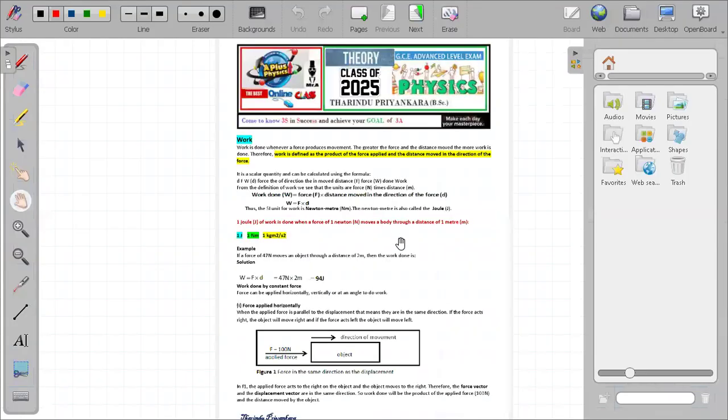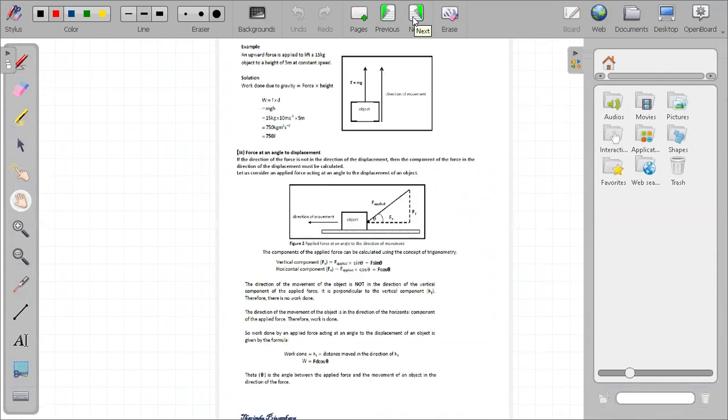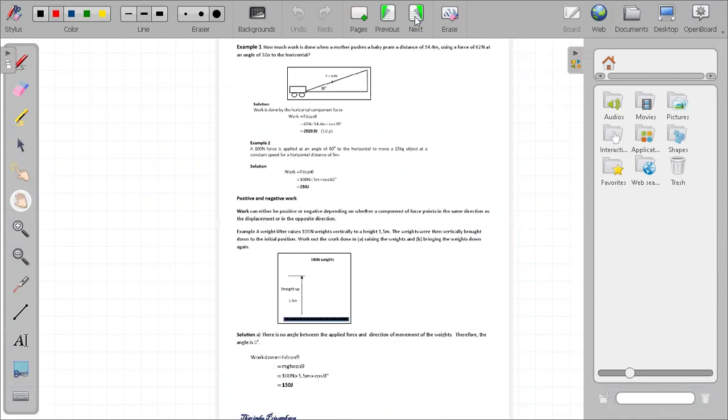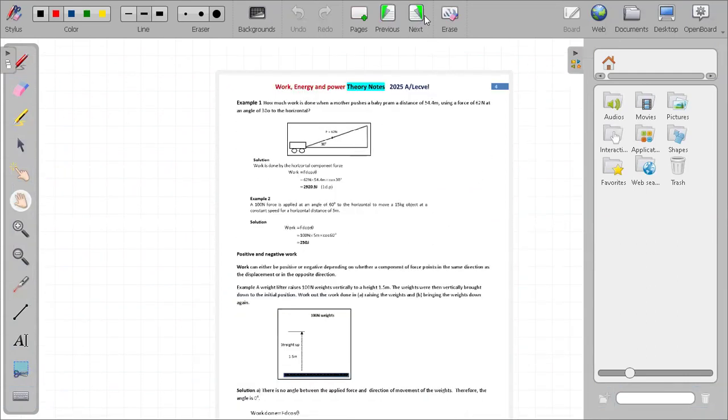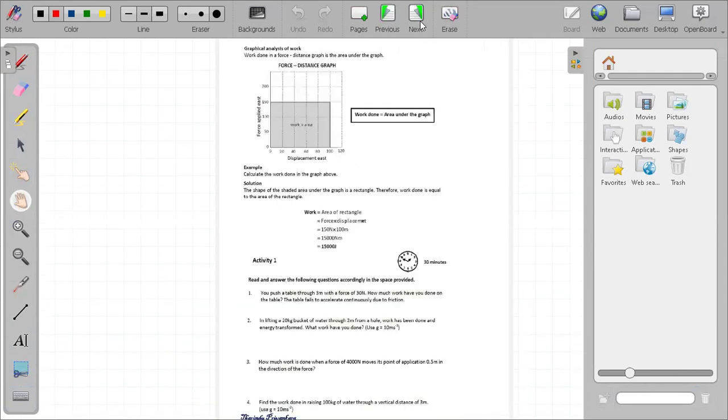So you got this tute? Yes, sir. So just read these things. It includes all the theory and the very basic background things and everything. Very simple ones. So there are a few examples like how the work changes with the angle and everything. Very simple. You can understand yourself alone because these things are really absolutely easy. Then the positive and negative term of energy is also there. These are very background theory, MGH with examples there.